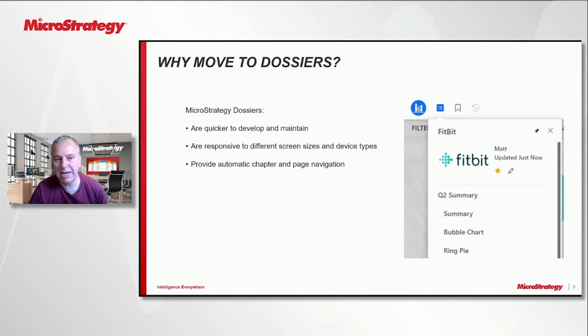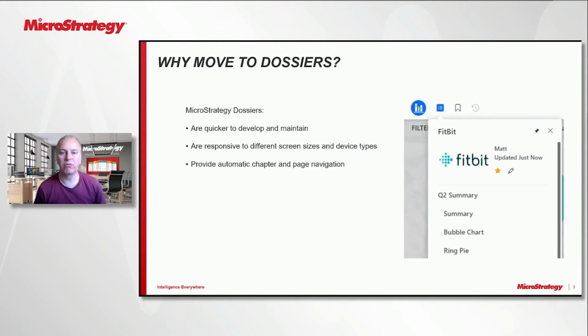The dossiers provide an automatic chapter and page navigation system, and that navigation system is visible in different ways on different device types, making the best use of the screen size of those devices. And by using the chapter and page navigation, as all your objects move towards being a dossier, or the majority of your objects move towards being a dossier, your end users will become familiar with that paradigm and will be used to using the table of contents button and getting the chapter and page list and navigating between those pages